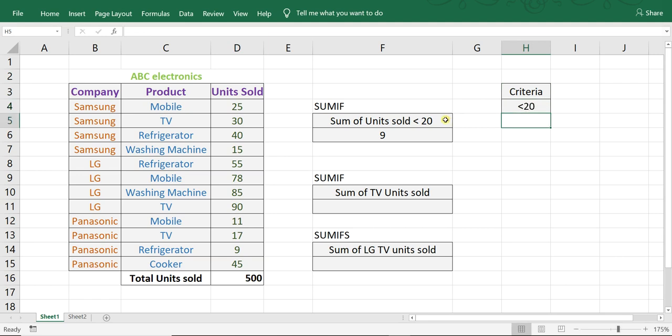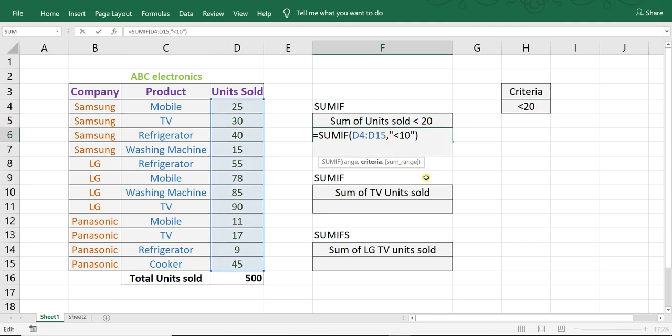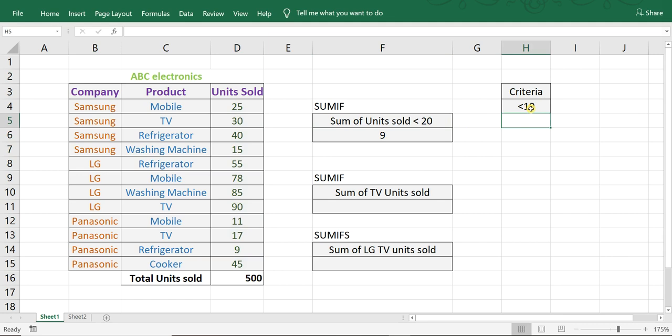In that case, edit the formula, double click or press F2, and then take the reference of this cell and enter. Now the company can easily change the criteria from here, no need to edit the formula. So I can change here, see the result automatically gets changed.